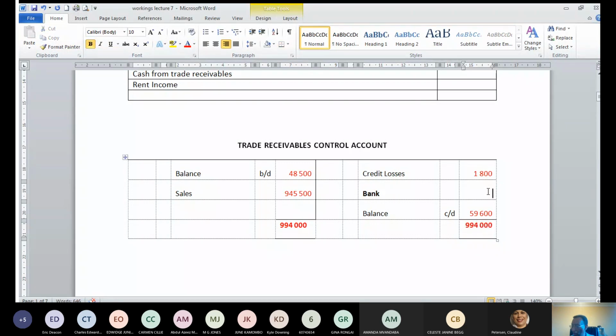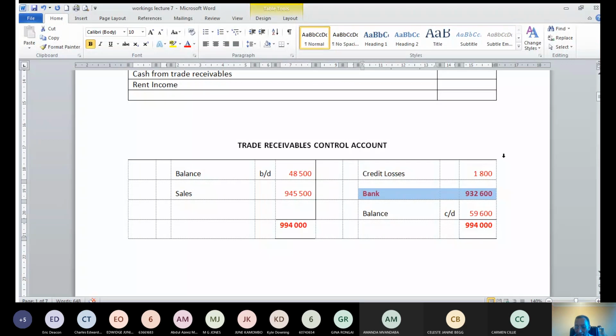Subtract now your credit losses of 1,800, and you subtract your 59,600, which is your closing balance, and the amount that you will now have in your trade receivables control account is the amount that we must calculate,